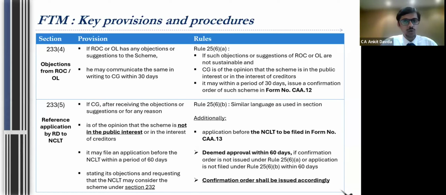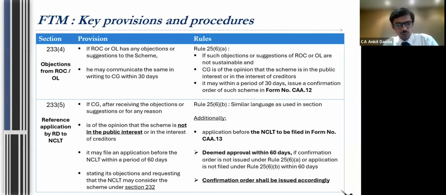Something like the declaration of solvency case, which we just referred to, where the transferor company has a negative net worth. Still, companies have given a declaration of solvency. Now, RD believes that this is not a correct way. It is not in the interest of creditors that these companies get merged, because then a negative net worth company will get merged with a company having positive net worth. So in that case also RD can